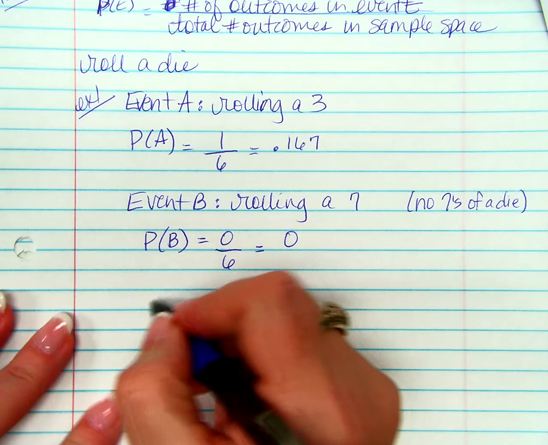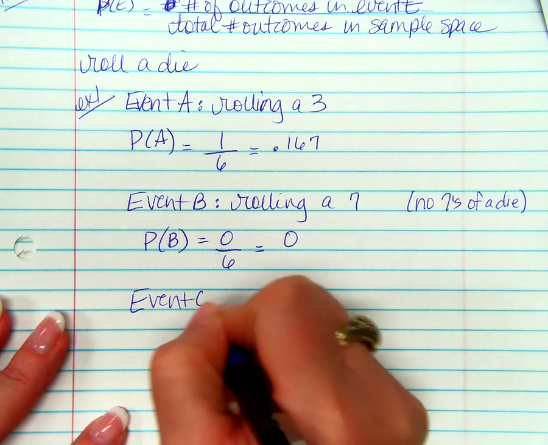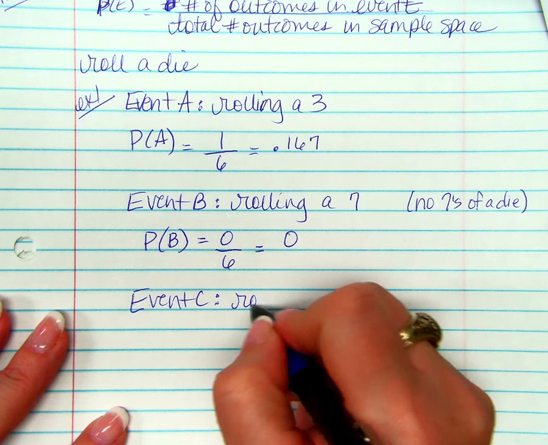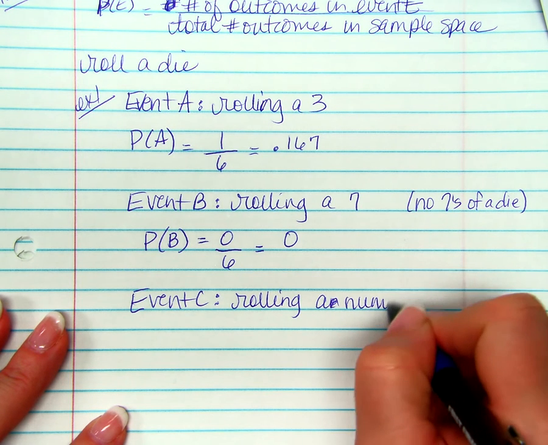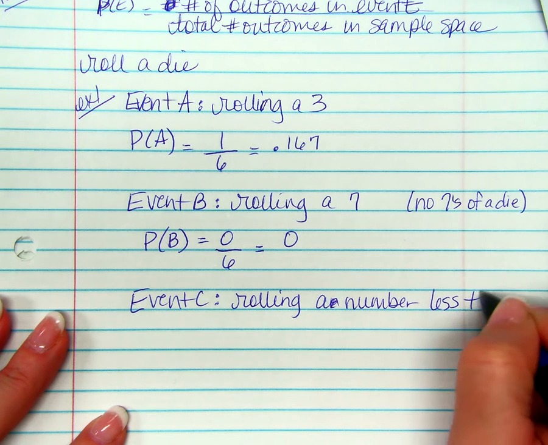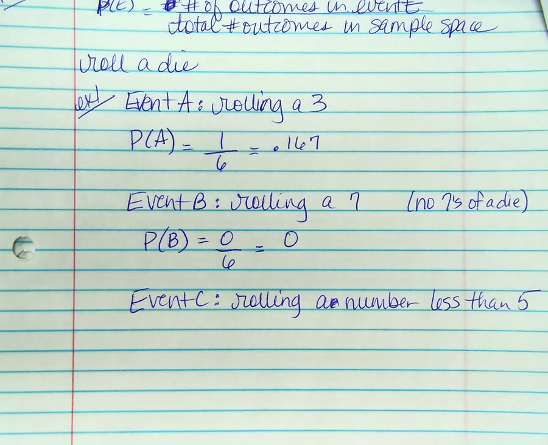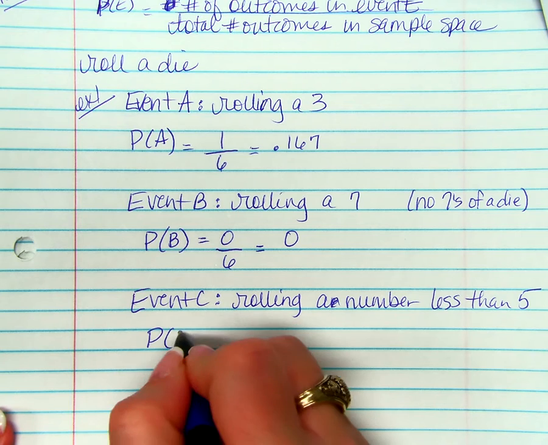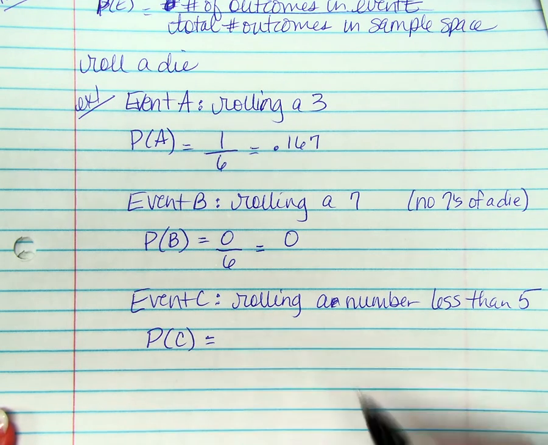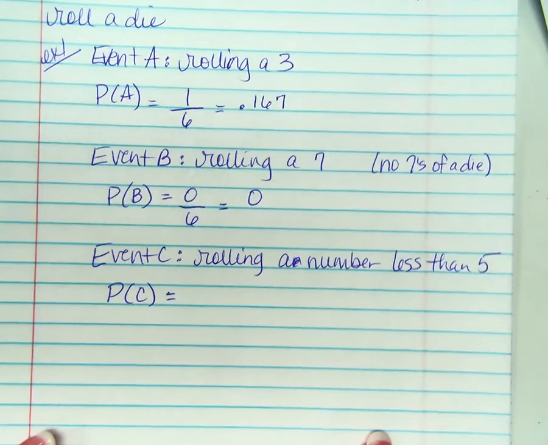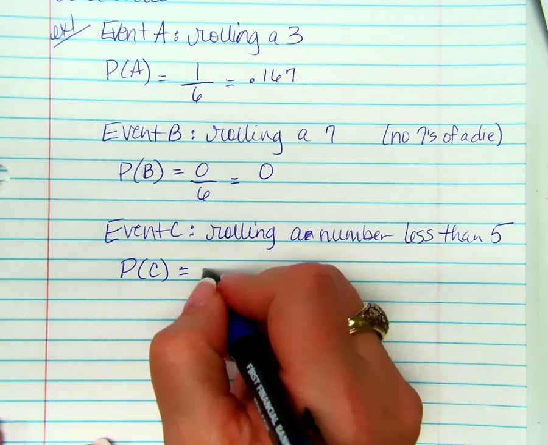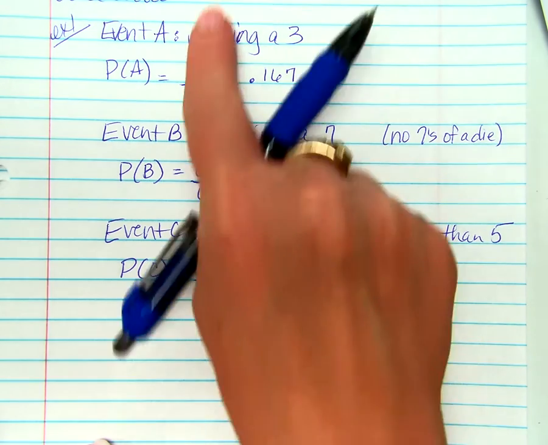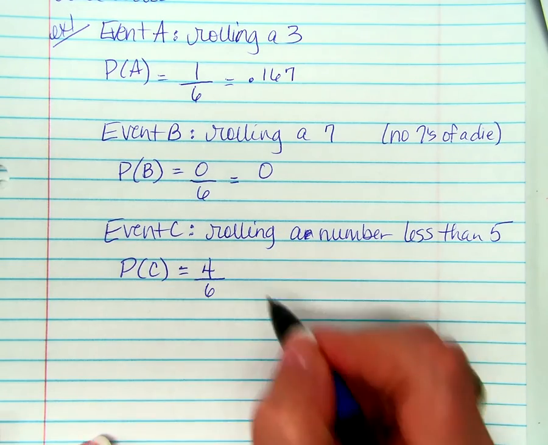Okay. Event C: rolling a number less than 5. So the probability of event C is what? How many possible numbers are there less than 5? 4. Are you sure? Do we count 5? Why not? Oh, just less than. Okay, so 4 out of how many total outcomes in the sample space? 6. So that is,